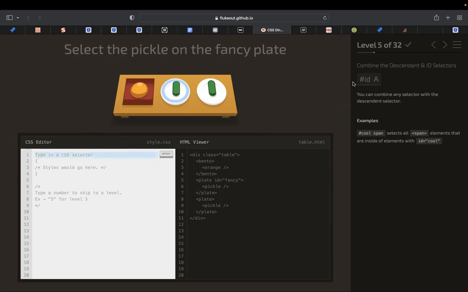Select the pickle on the fancy plate. All right, this is you, Emma. Combine the descendant and the ID selectors. So we have a pickle on the fancy plate. You do the ID selector first. Okay. So we're gonna go and take ID hashtag fancy. And then